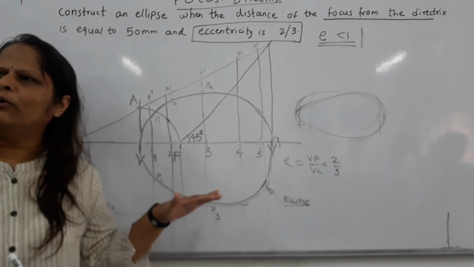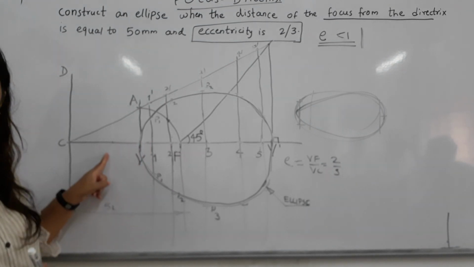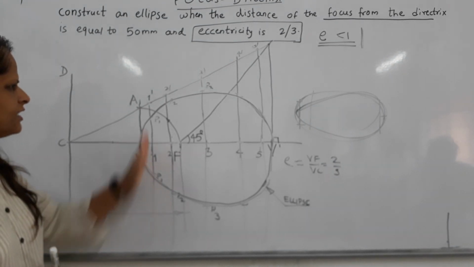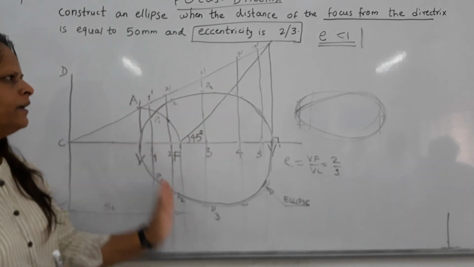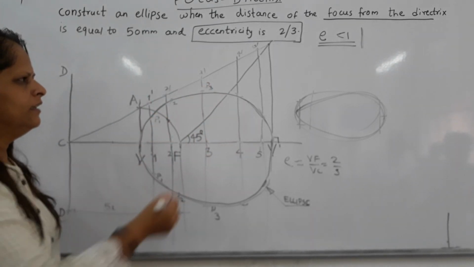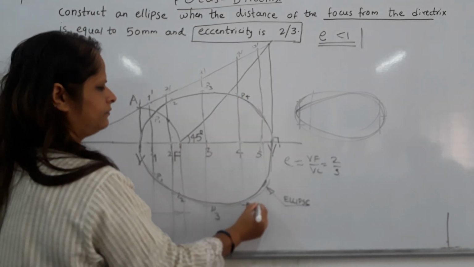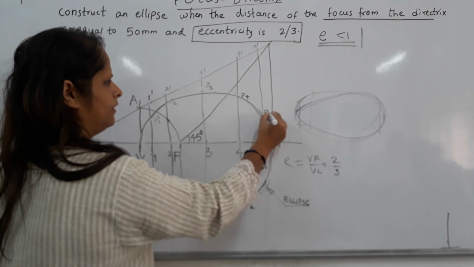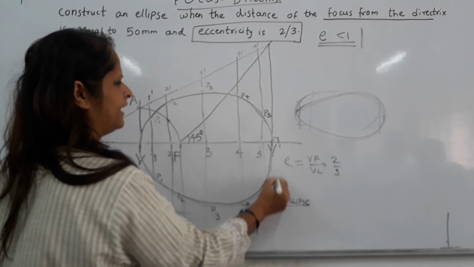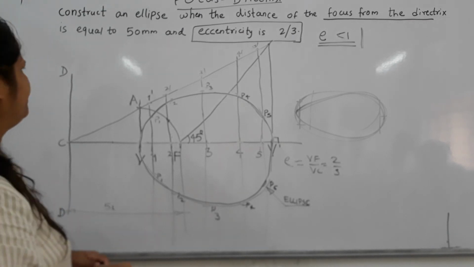The construction is similar for parabola and hyperbola. The V will be somewhere else, and the rest of the construction is the same. And it is an open curve. You have to take up to 3, 4 points, and we can complete the curve. Okay? So complete it, everyone. Give names to all the points that you have got. Okay?